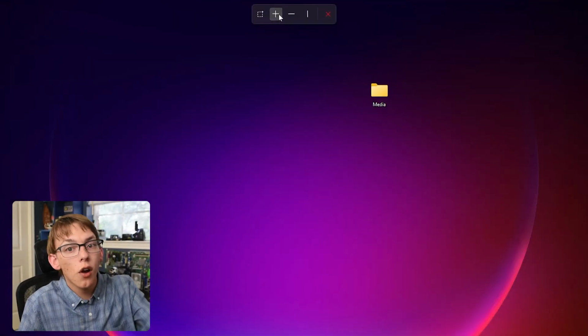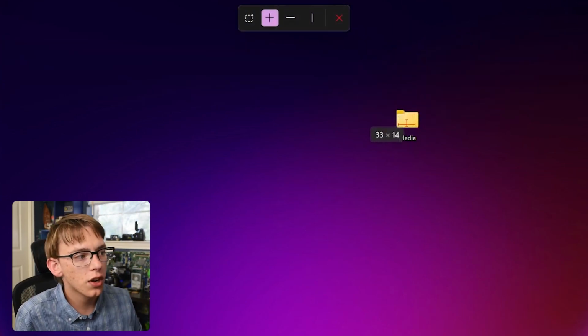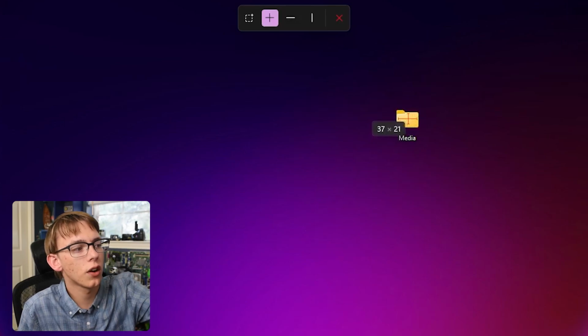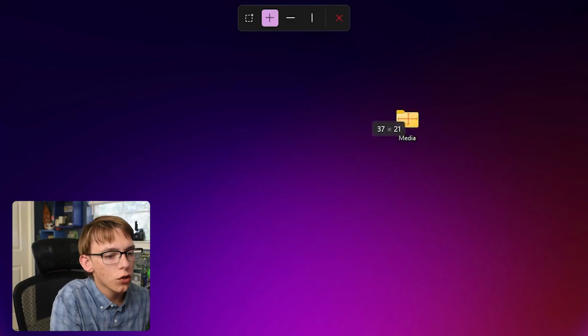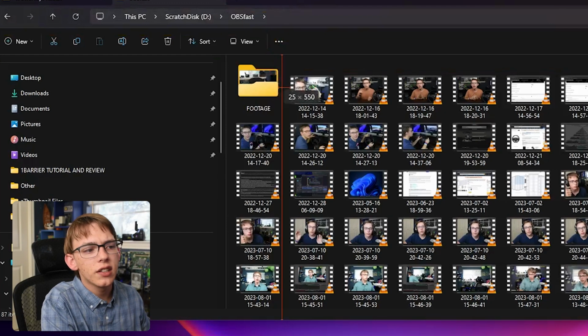Now, a quick one that creatives will also really like is called the ruler. It's going to measure out different elements on your screen and tell you exactly how large they are in pixels. You have a crosshair option right here, which will try to approximate the sizes of different objects. So for example, this folder is currently 37 pixels by 22 pixels. If I pull up like a window and go back to that utility, you can see how it tries to